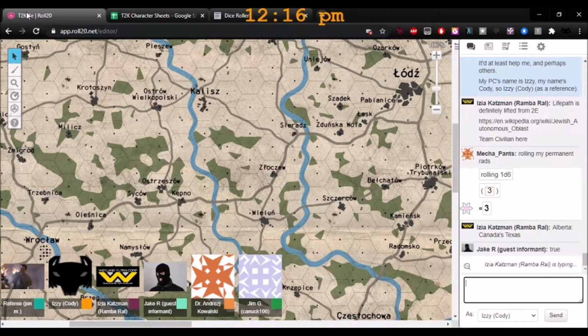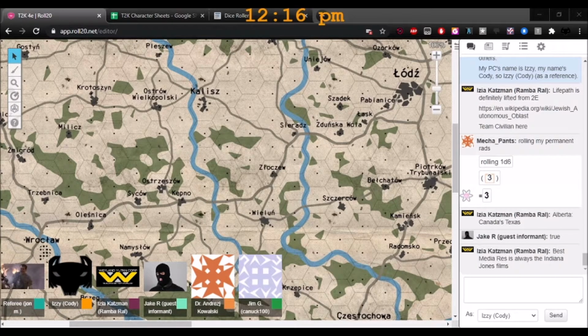Do you care if I just use temporary tokens for you, or do you have your own specific character tokens? I have art, but I don't know how to put it in. You could email it to me or send it through Discord, and I could probably grab it. It would take just a little bit to get sorted out, but if you guys would prefer that, we can do that.